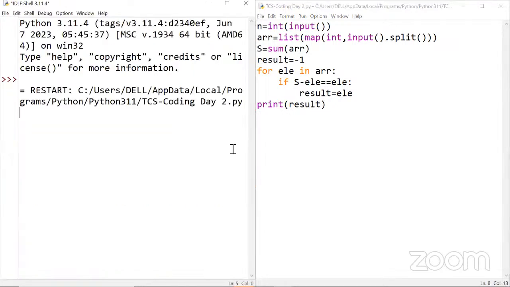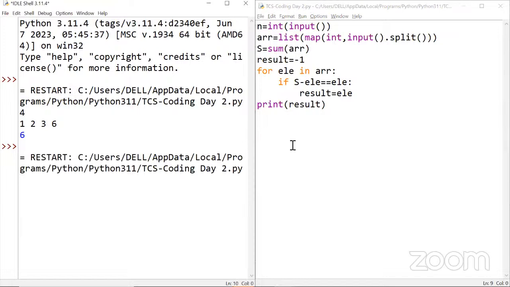The value of n for the first test case is 4, and the array elements separated by spaces are 1, 2, 3, and 6, and hence the output 6 is returned. So test case 1 is successfully matched. Now let us run the same code for test case 2. For test case 2 also, we have the same length, 4, and the array elements are 2, four times.